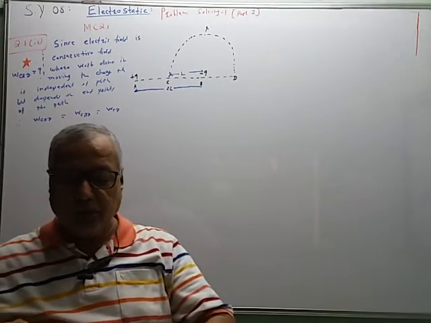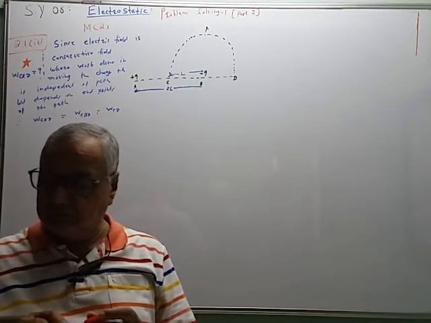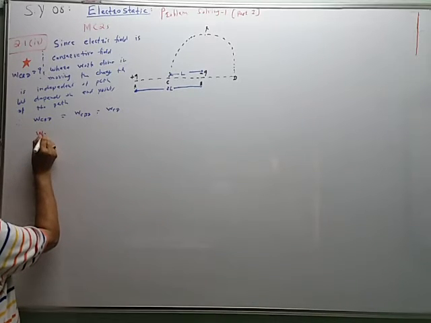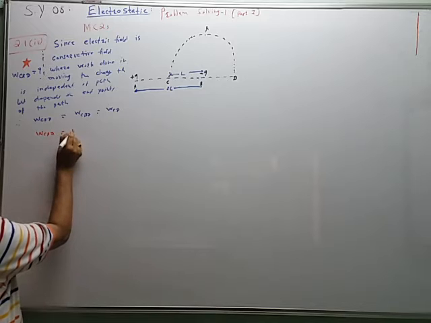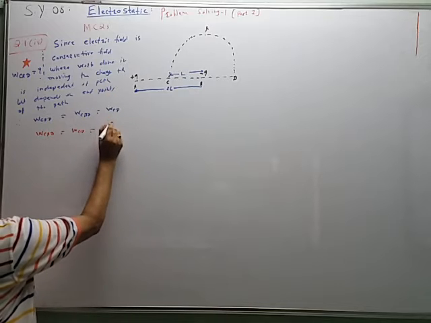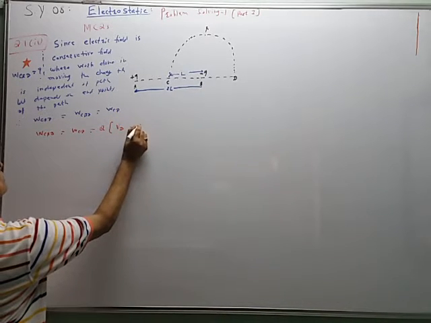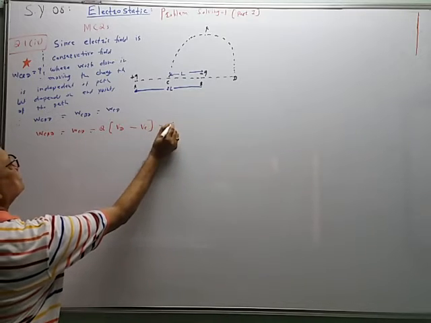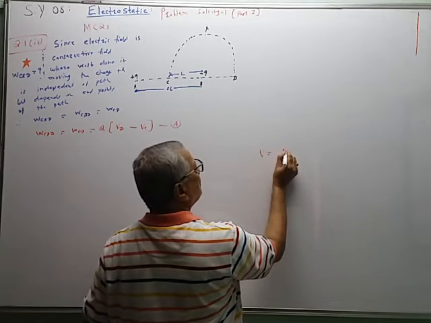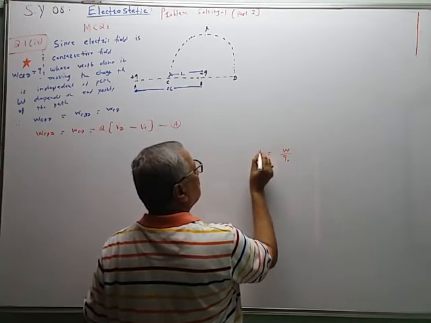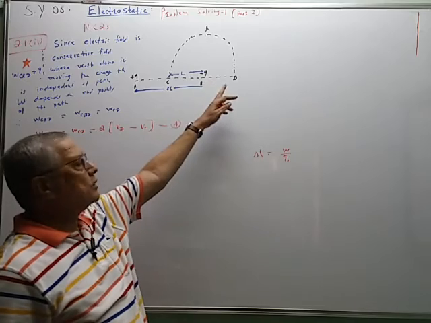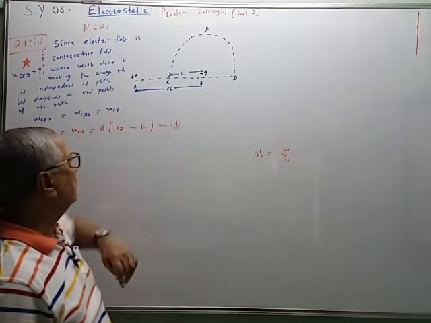And we know that potential is defined as work done per unit charge. So WCRD is equal to WCD, which is equal to the charge to be moved multiplied by the potential at the final point minus the potential at the initial point. This is the basic formula, the definition of potential. Here, even if we take the potential difference, the formula remains the same. So the potential difference between points C and D can be calculated like this.